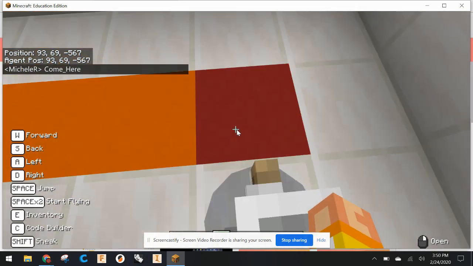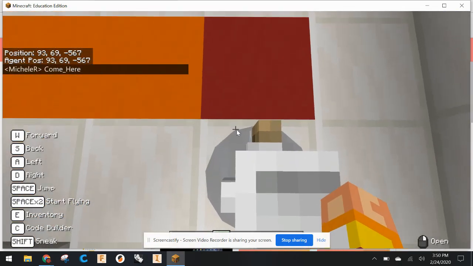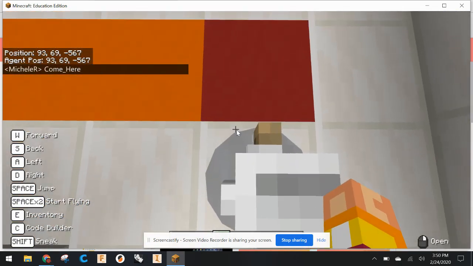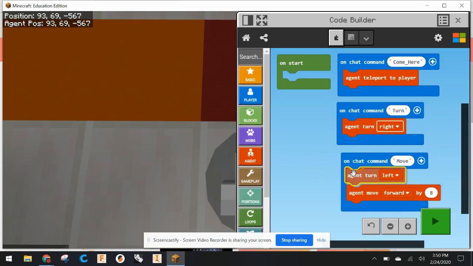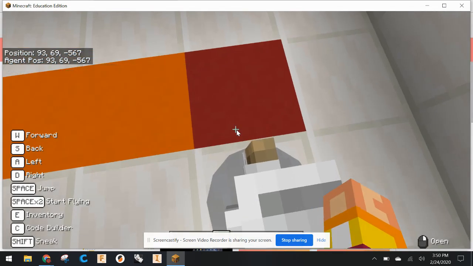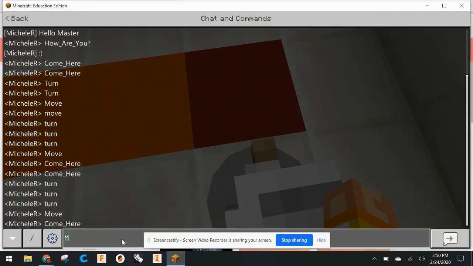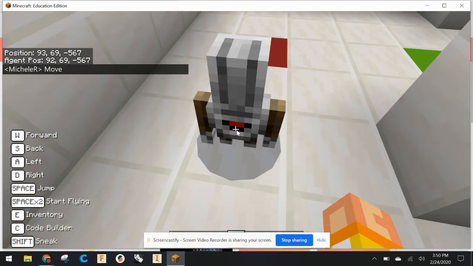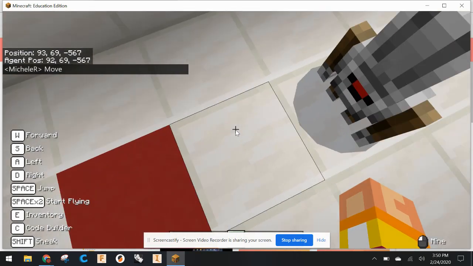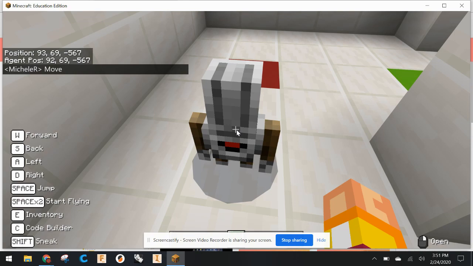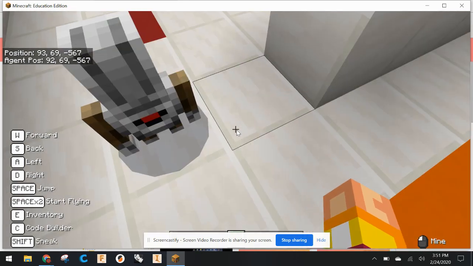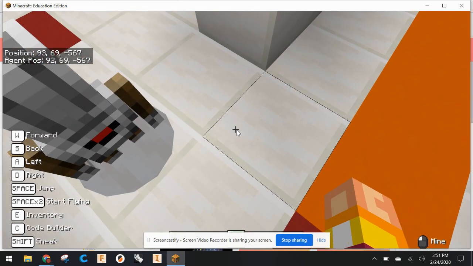Okay, now he's not exactly where I want him, so I'm going to turn him and move him to the red block. So if I say move, I'm going to want him to turn to the left and move forward by 1. That should get him on the red block. Okay. Oh, but I moved the wrong direction. So now I have no undo. So let's see, if I have him turn to the right 2 times and move 2 blocks,